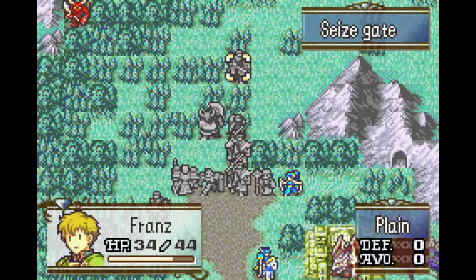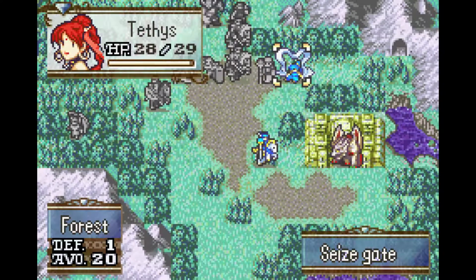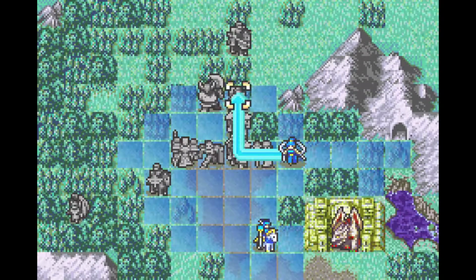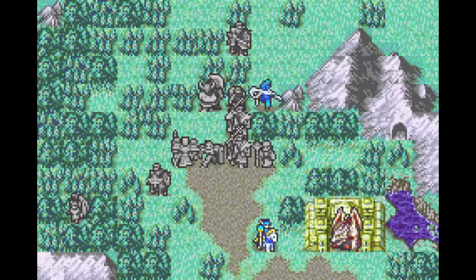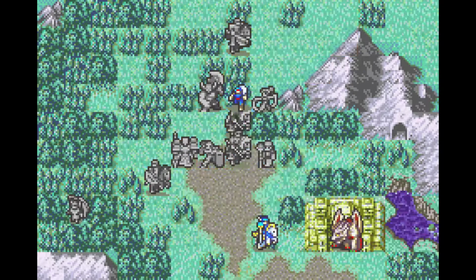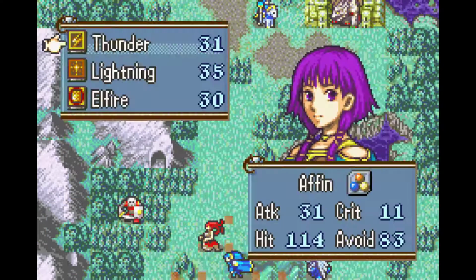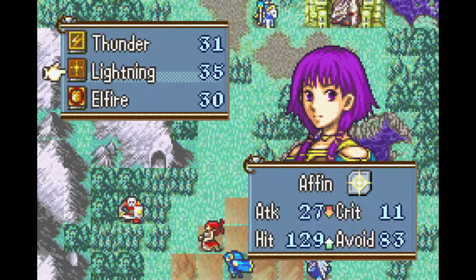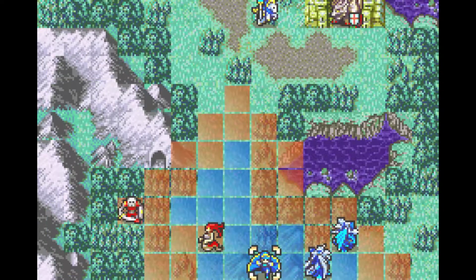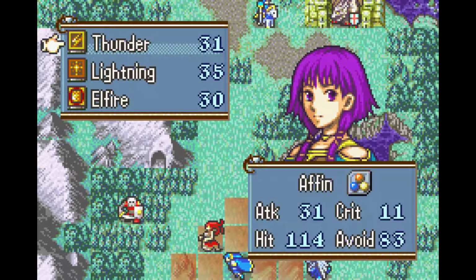Is anybody hurt? Franz is down a little tiny bit, but not very much. I guess we'll use Tethys to help get everybody else through the woods. Like Rennick, who shouldn't be fighting anyway. Again, I'm not really sure why I brought him. We will have Miss Lute decimate this poor sod. How close is she to leveling Anima? Very close. As long as I don't get hit by stone in the process...